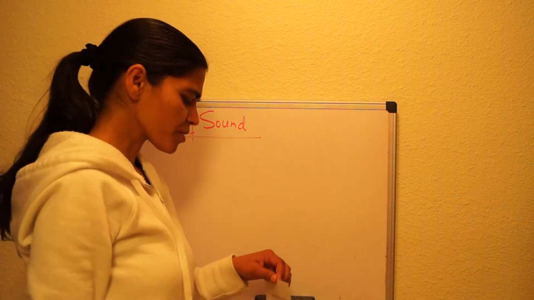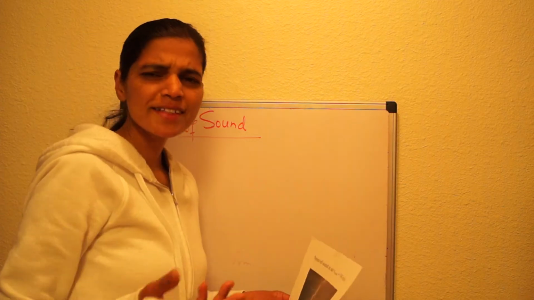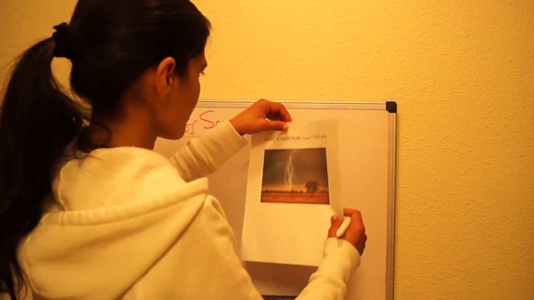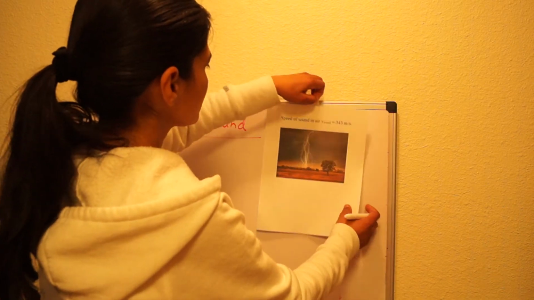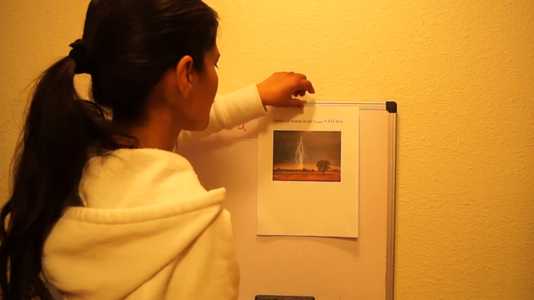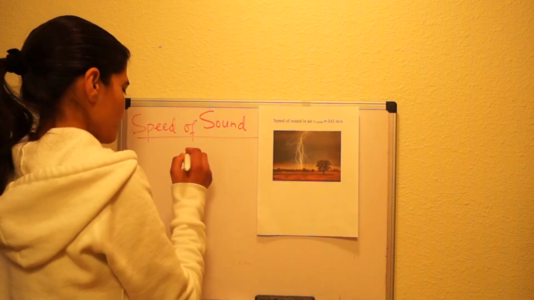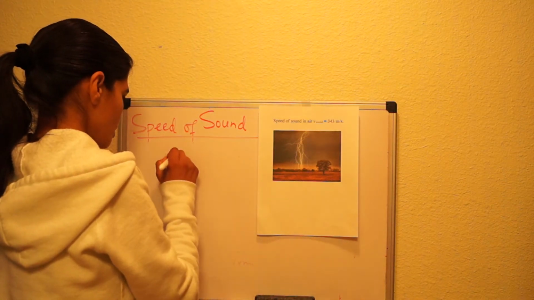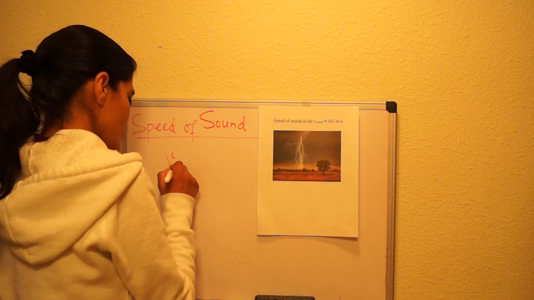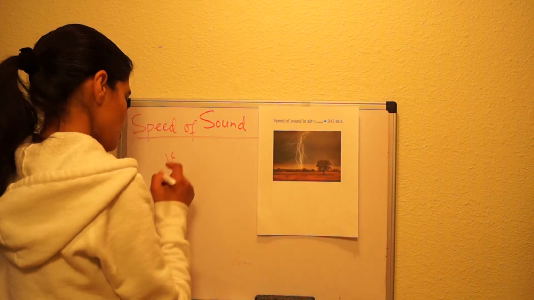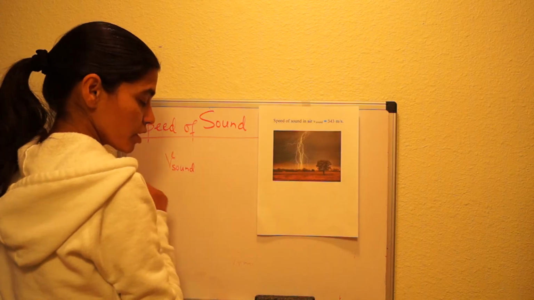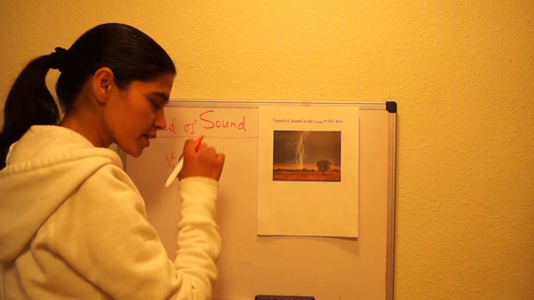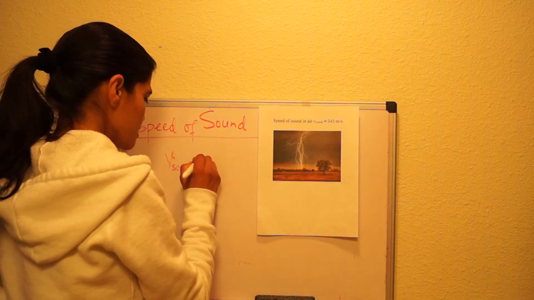So you guys may be wondering, well, then what is the speed of sound in air? The speed of sound in air is 343 meters per second. So v_rms, or let's write v_sound. You could also just write v_rms here, since we just said rms, or you could just say v. So always look at it in that context, okay? v_sound is